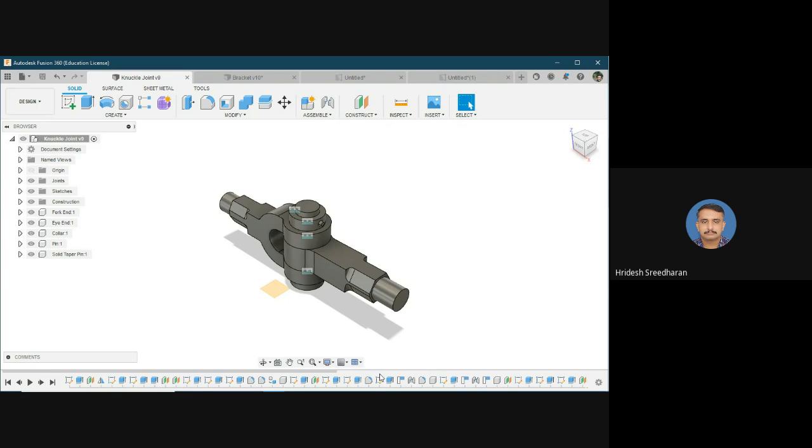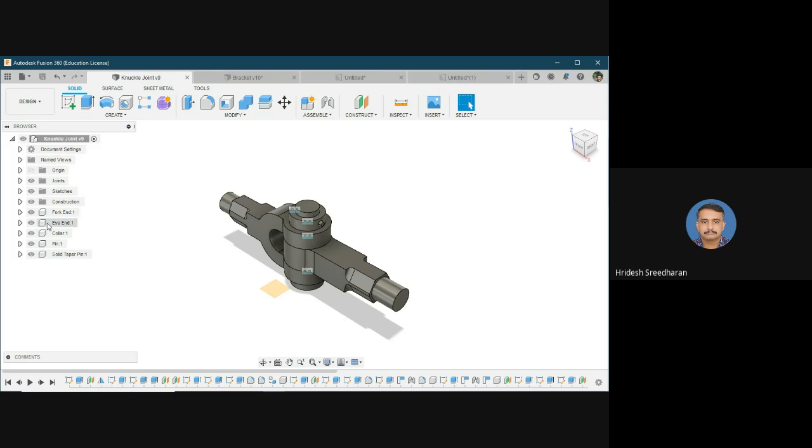Okay, so undoing and rolling back history both are different. If you undo, it's gone, then it's over. But if you are rolling back to the history bar, you can anytime switch it, or it's like suppressing the model or suppressing the features that we have added.